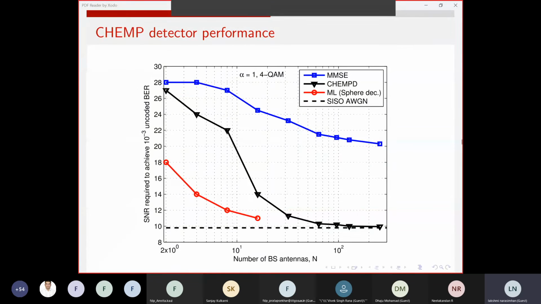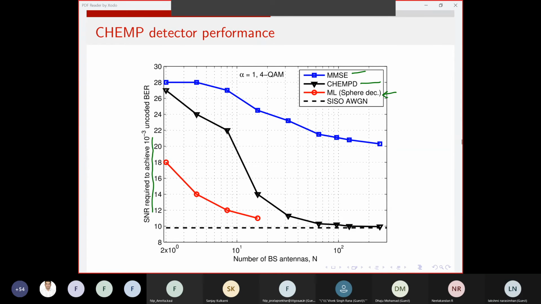And another advantage, again, there are only two advantages that we keep repeatedly mentioning here. One is the computational complexity, the other one is the near optimum performance. So here we have compared the computational complexity. This shows both the computational complexity in some sense and the performance. So we are plotting here the SNR required to achieve 10 power minus 3 BER by three different decoders. One is the MMSE decoder, another is the channel hardening exploiting message passing algorithm, and the other one is the sphere